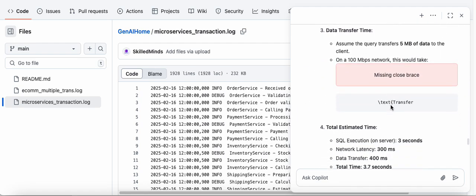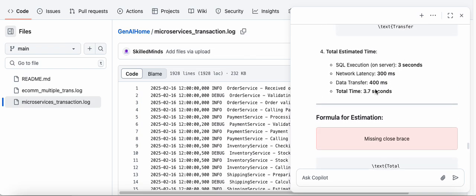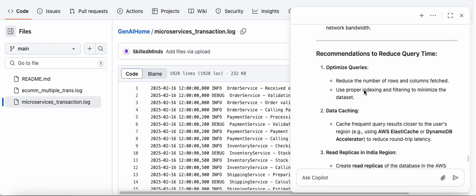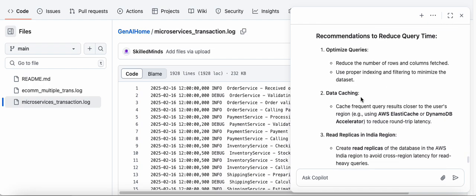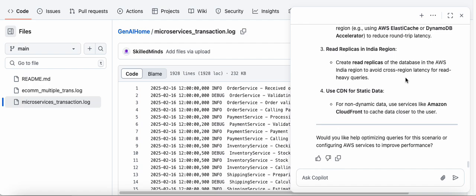See here, even the total estimated time. This is really helpful. See here, optimized query, data caching, data replication, data replica, and all these things you can find here without touching your database. So see how helpful this is. This is really very beneficial